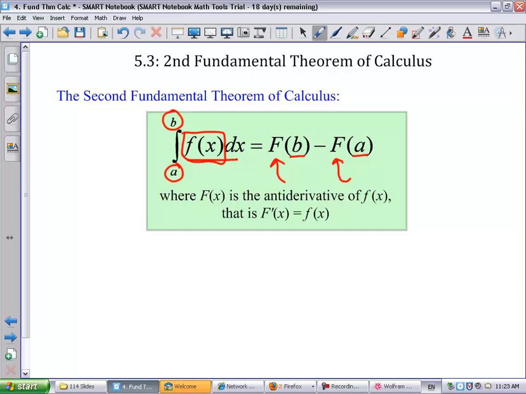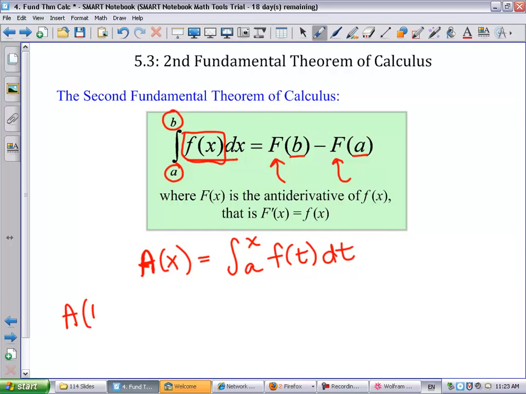You know the area. So why does this make sense? Well, this makes sense because that area function, the area from a to x of f of t dt, the area function there is one of the possible antiderivatives. So any other antiderivative that you have, well, so the area function evaluated at b, that has to be